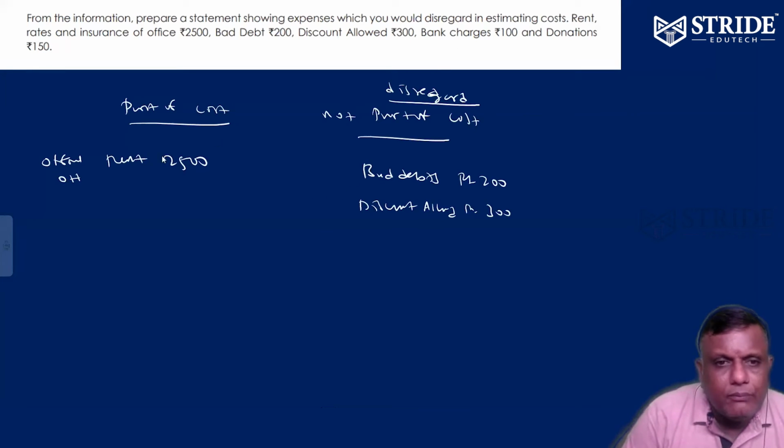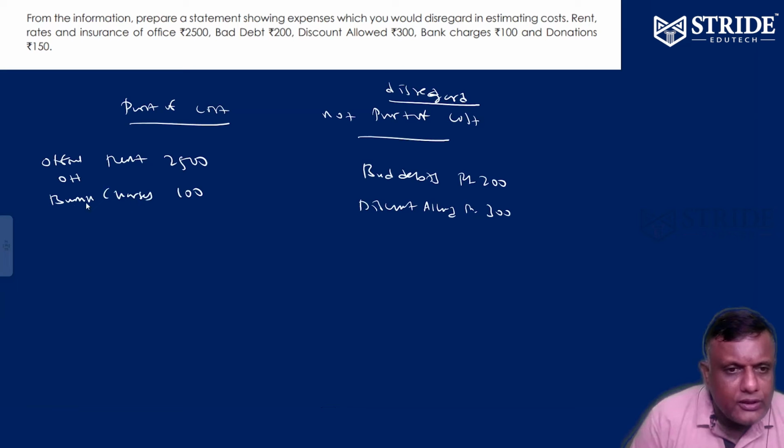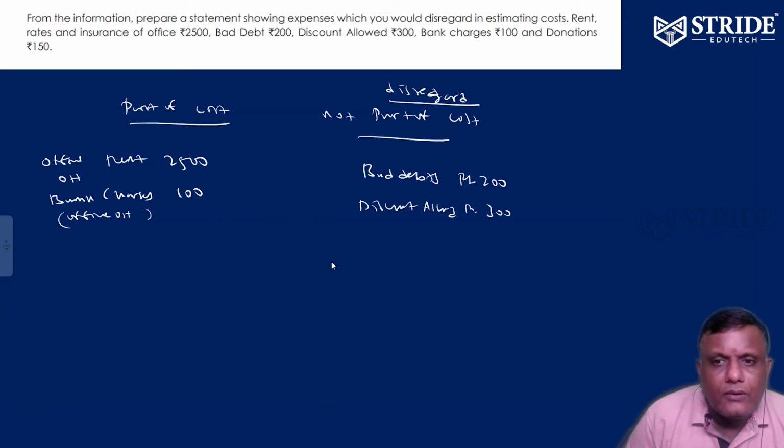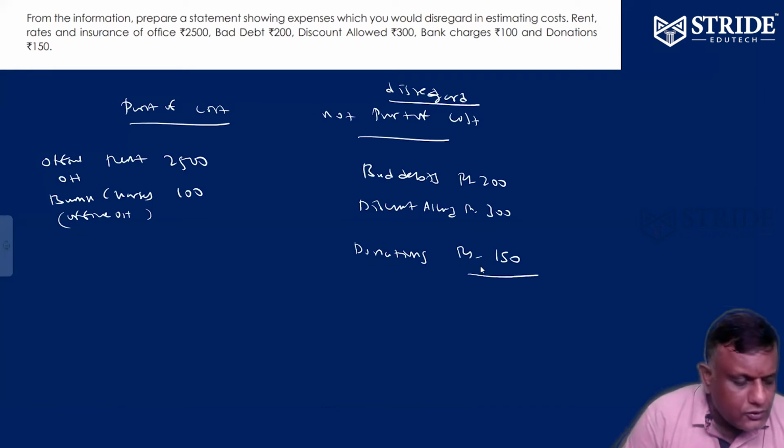Bank charges. Bank charges means office related expenses, so you can put it here. Donations, not part of cost. Donations, rupees 150. So please add 200 plus 300, 500 plus 150,